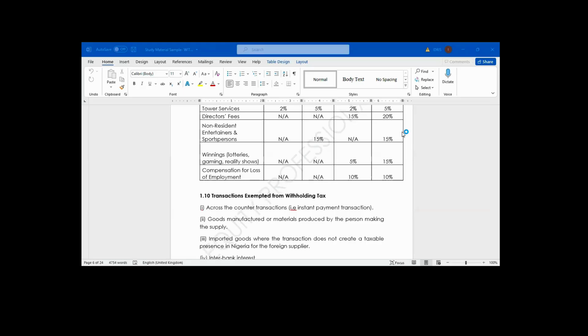You know, withholding tax is not a law. It's a regulation. Because withholding tax is not a type of tax. It's an advance payment of income tax. The income tax we are talking about, company income tax and personal income tax. So this table I'm giving was the table of the recent regulation that guides withholding tax. We call it Withholding Tax Regulation 2024, which commenced January this year. They made an amendment to withholding tax last year, 2024.